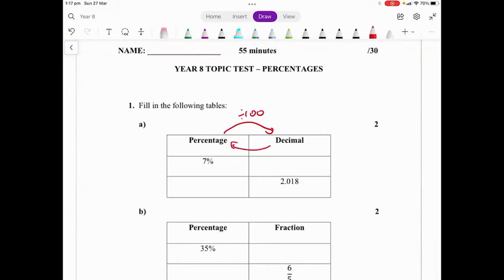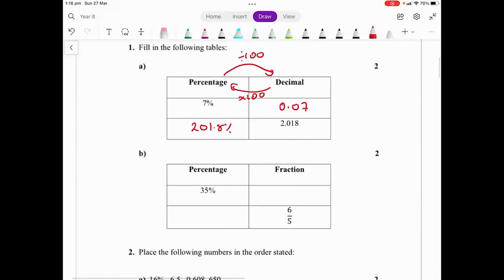First question is on conversions. When you're converting a percentage to either a decimal or a fraction, you divide by 100. And when you're converting back to a percentage, you multiply by 100. So first question, we start at a percentage. That means that we divide by 100 to change it to a decimal. 7% divided by 100 is 0.07. Next up, 2.018, we multiply by 100, that's